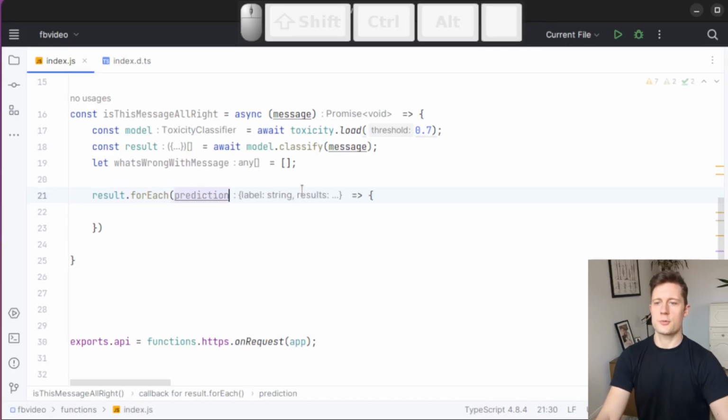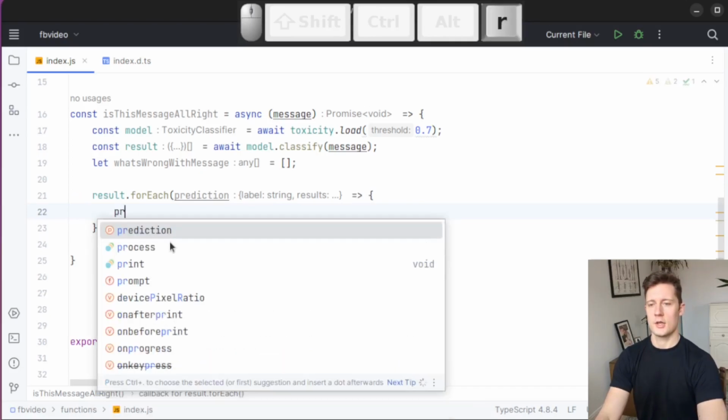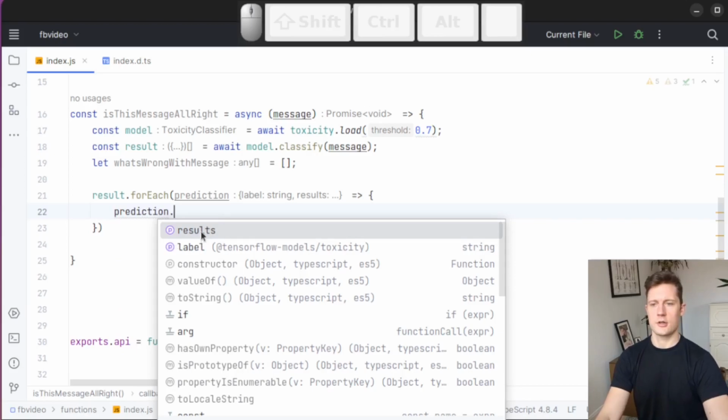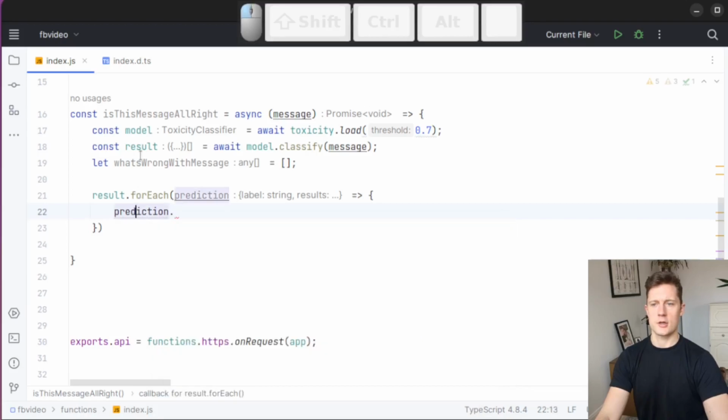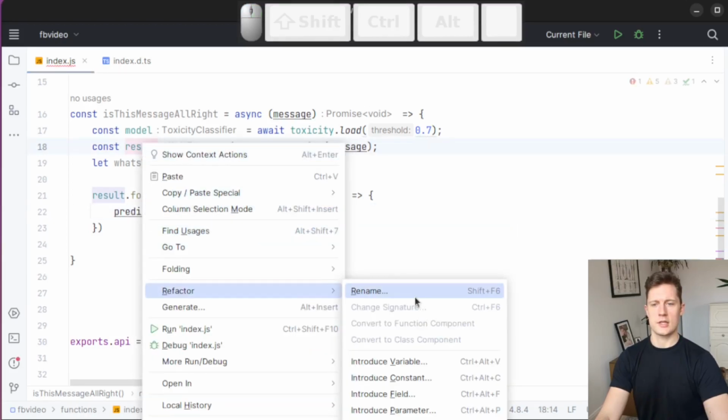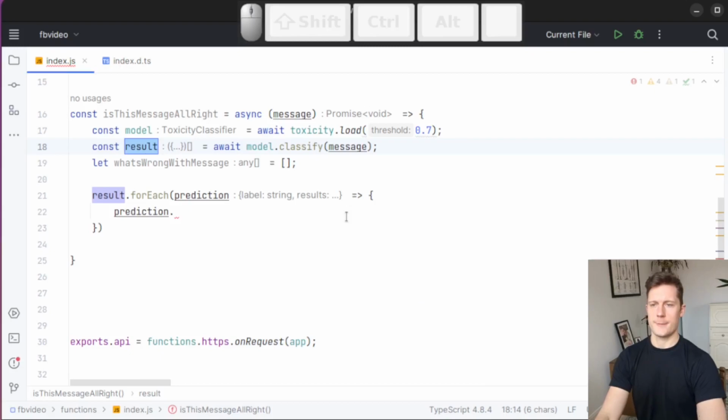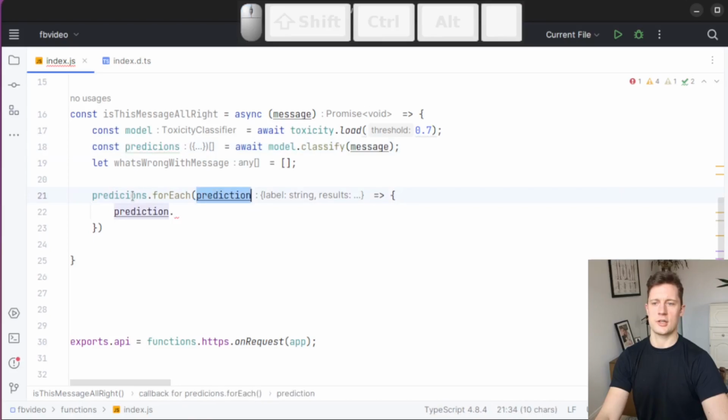Prediction. For each prediction, there is the result of the prediction. And if we take a look at the prediction here, we can see the prediction also contains the label and the results. I'm just going to rename this one just to alleviate some confusion here. I'm going to list this as predictions. So for each prediction in predictions, there are results. And for each of these,